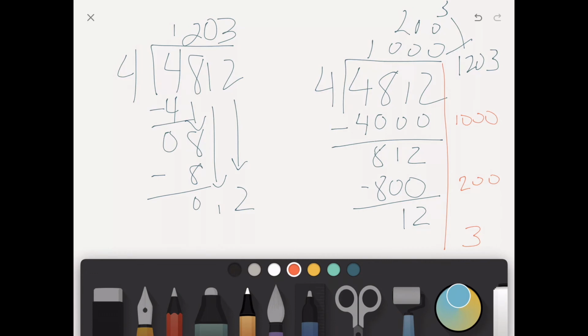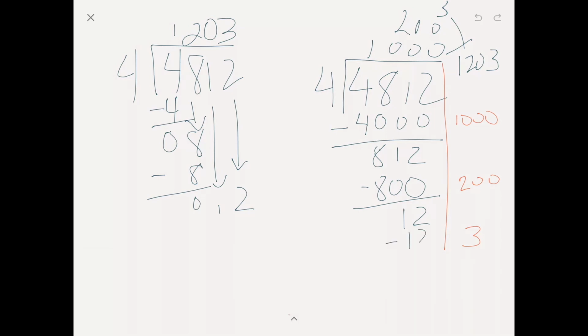Let me finish that out. I didn't finish my minus 12 gives me 0. Okay. It's the same idea. We're wanting kids to see it as a whole. It's not just how many times does 4 go into 4, 4 go into 8. It's how many times does 4 go into